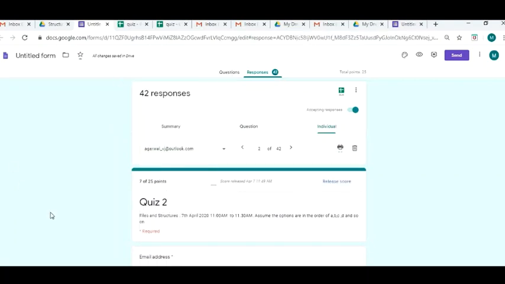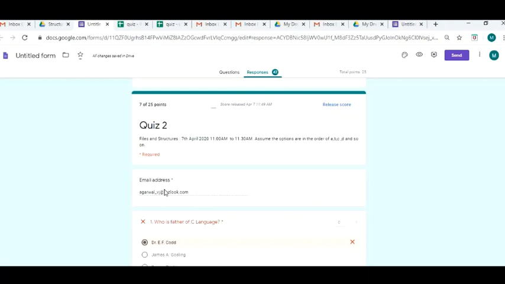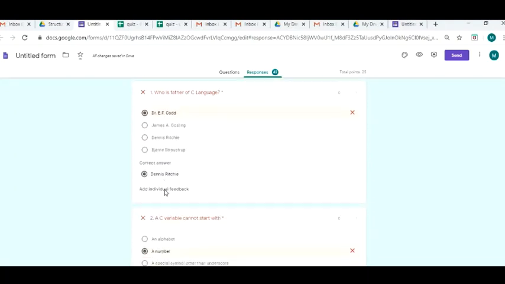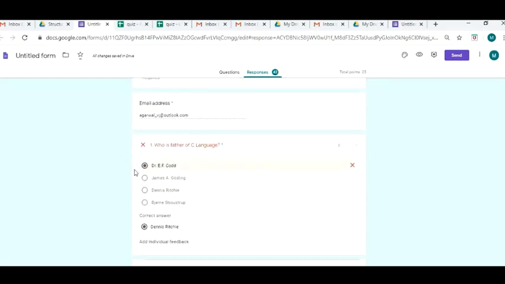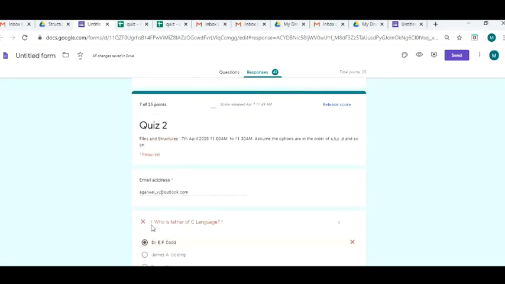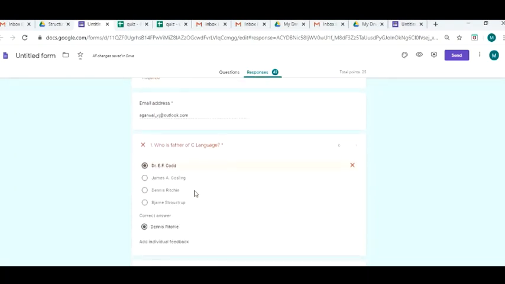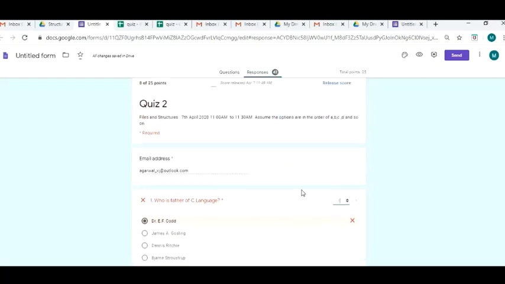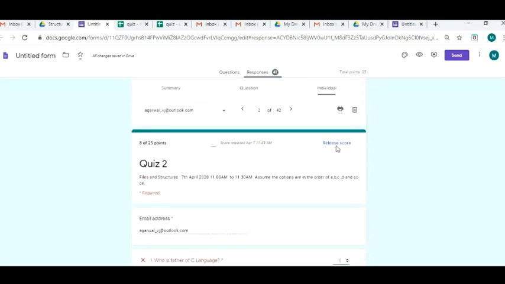So say for example I select this. Now for descriptive answers, you will have to actually go to that particular answer. This quiz of mine does not have a descriptive one, all were MCQs, and you will have to actually go there and edit the score and then say release score.